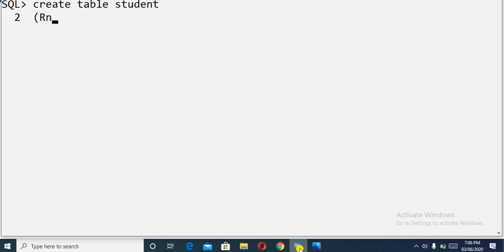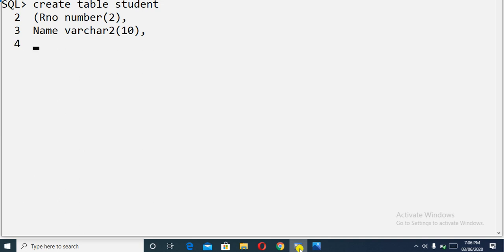Now the first attribute or first column, that is roll number, data type is number, in bracket suppose size 2, then comma, then next attribute suppose name, data type varchar2, in bracket size, suppose I am just using the size 10, then close bracket and then comma.